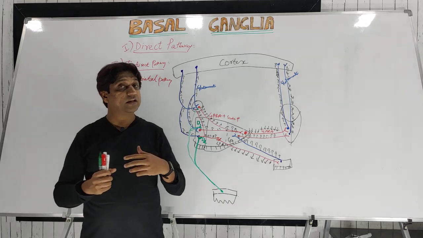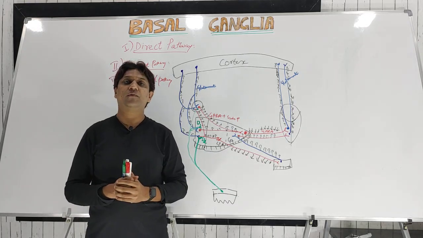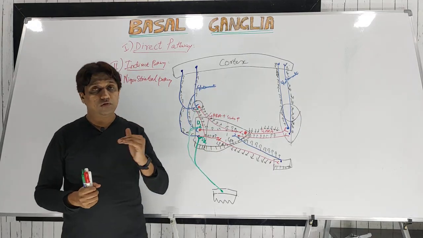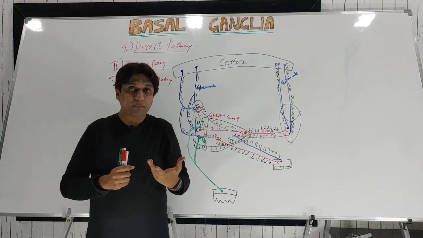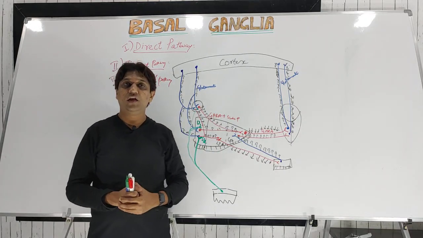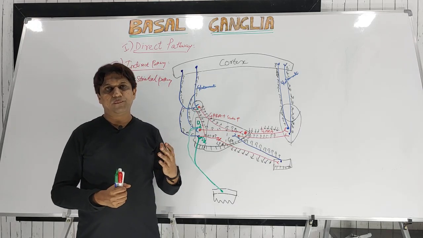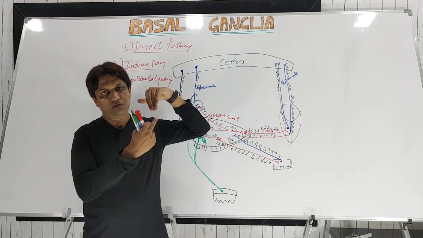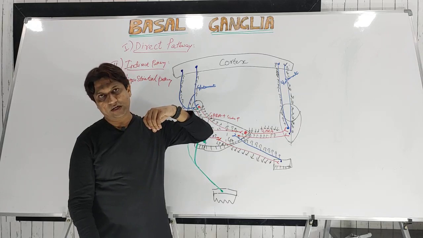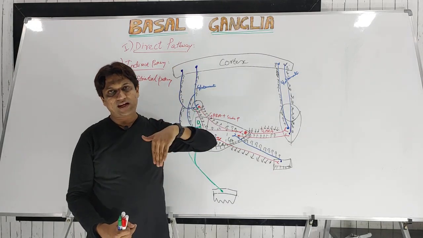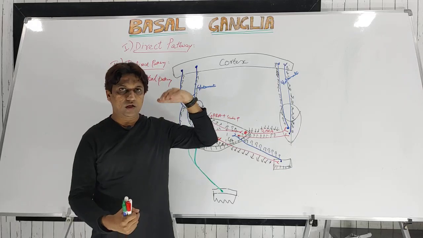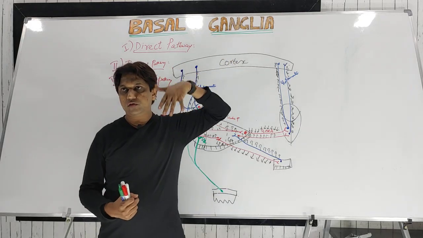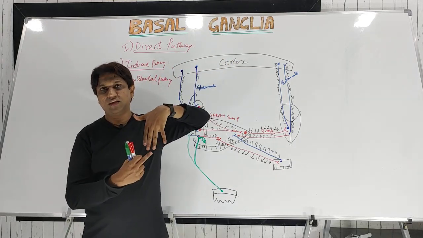Then it helps in maintaining the reflexes, it will inhibit mainly the spinal reflexes. Then it helps in maintaining the muscle tone. So the lesion of this basal ganglia causes the lead pipe rigidity, typically seen in Parkinson's disease. So how exactly? See, the corticospinal tract will not go directly to the cortico-reticular tract and reticulospinal tract, okay? Now this corticospinal tract has an inhibitory influence on the reticulospinal tract. So when this is disturbed, then obviously the cortical signal is not released, so the cortico-reticular tract will get less signal and the inhibition is lost.